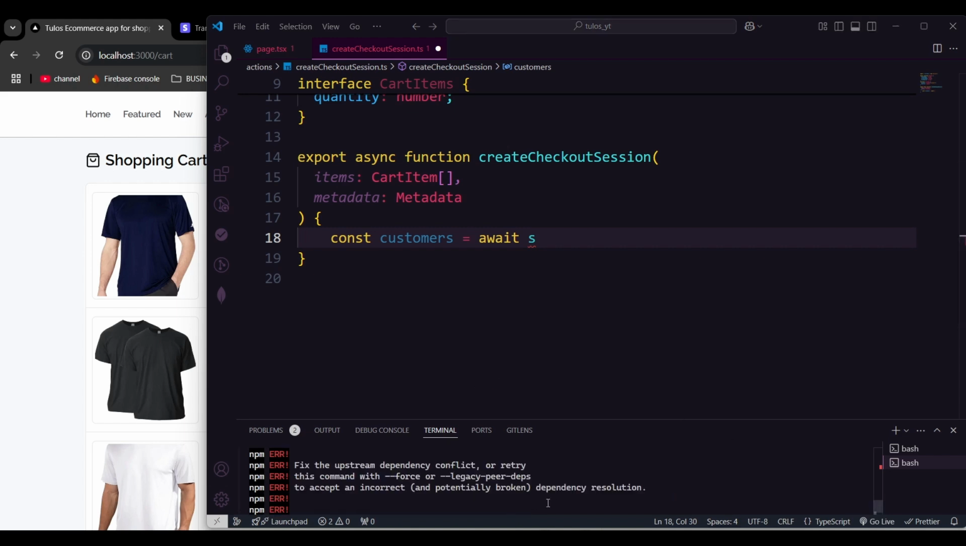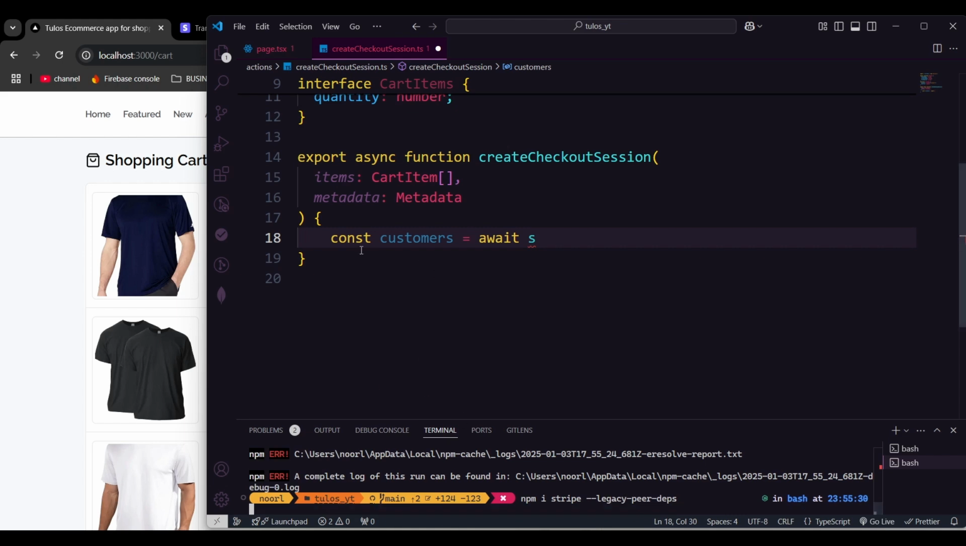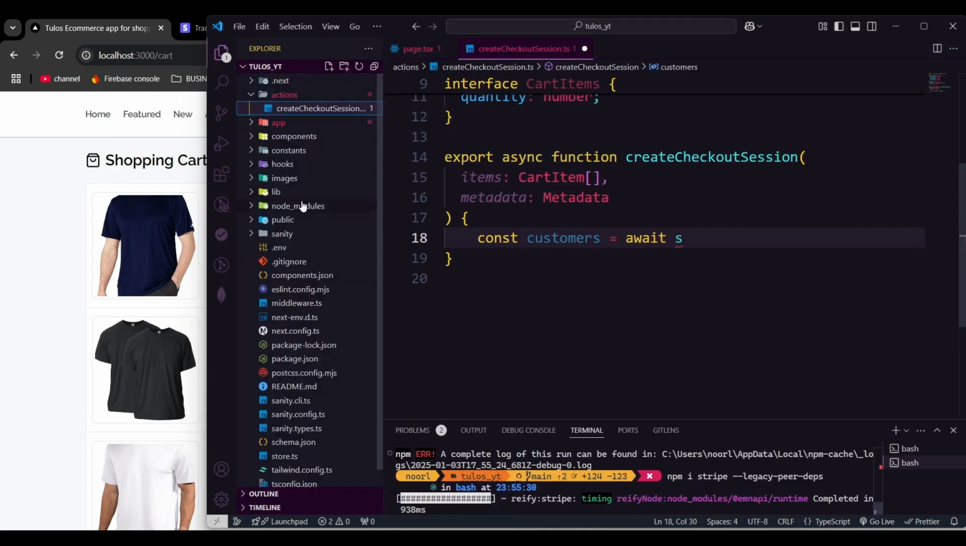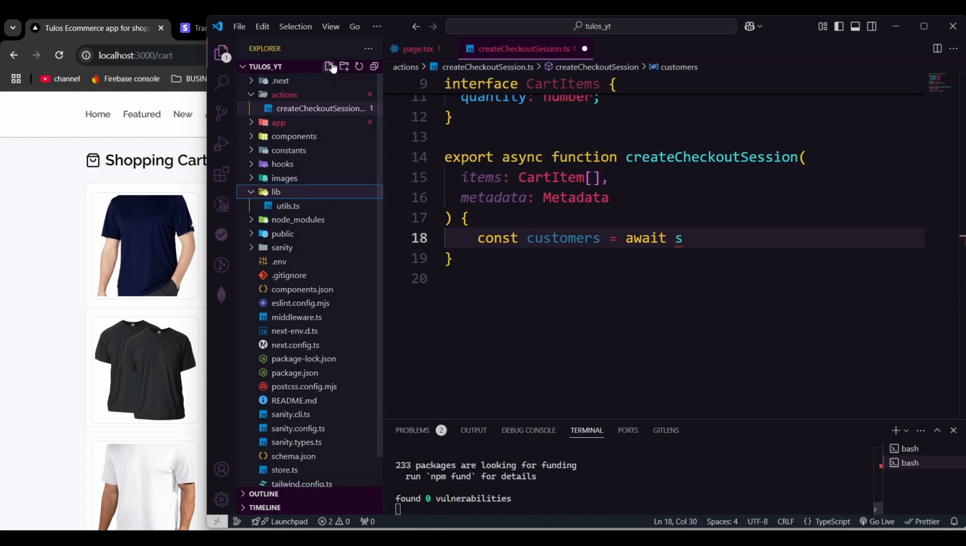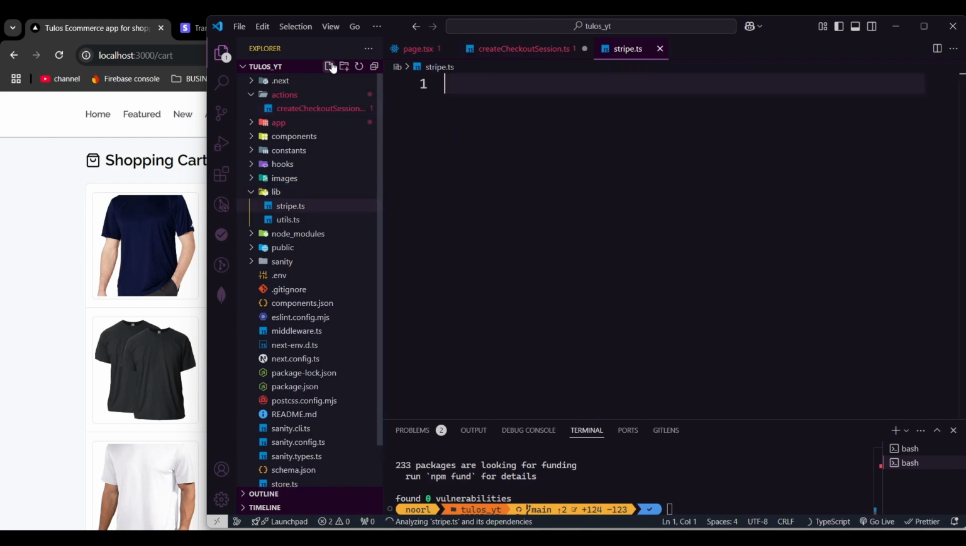Okay, we need to go in the legacy peer dependency mode. And while it's loading, we will also set up Stripe, like we will combine it. So let's go in our lib folder here. In the lib, we're gonna create a new file which should be our stripe.ts, and here we're gonna import Stripe